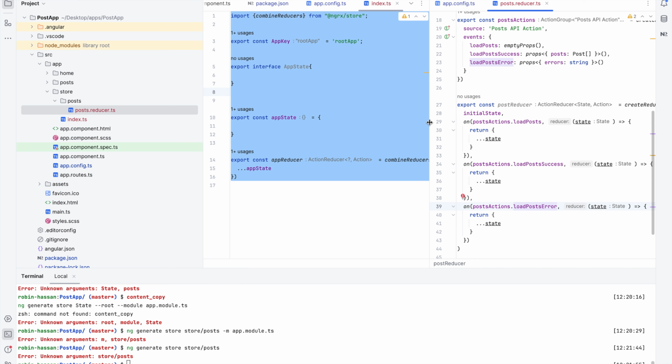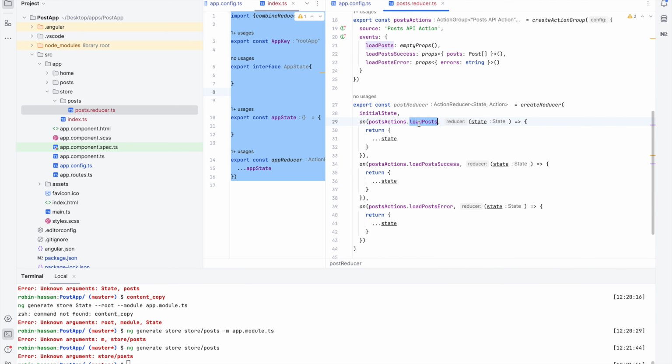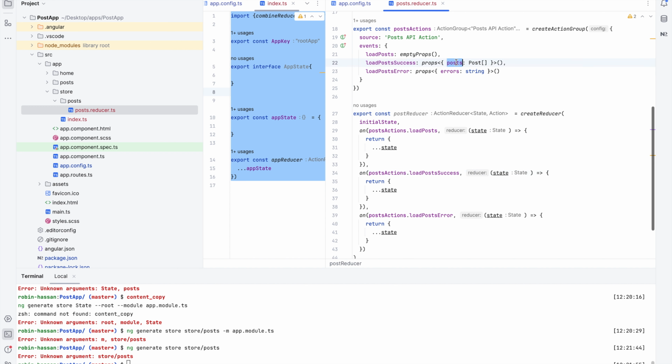Now if you have noticed, whenever we load post, we don't pass anything, which is just a state, but whenever we have success, we need to pass this post. So for that to work, we need to be able to run those data directly. So what I can do for this is we can add another parameter where we can say post, which we're gonna receive, and then